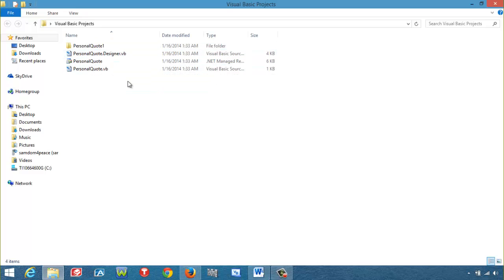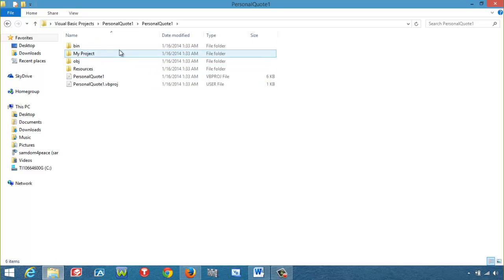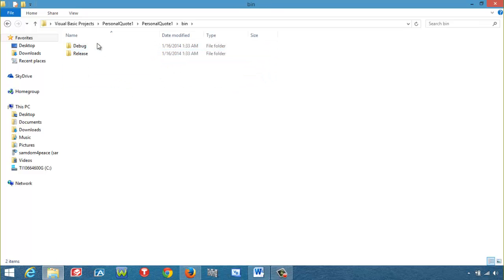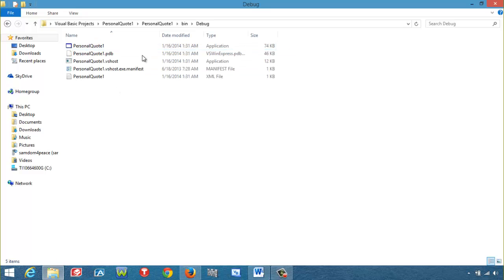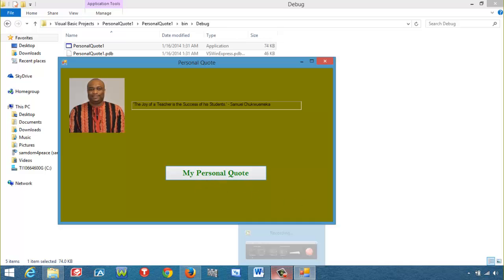if I want, assuming I don't want to see opening everything up, I just want to run the code. So under Personal Quote 1, I double click on it. If I want to open up the project, I'll click on this. If I do not, I still open this Personal Quote 1, and I go to the bin file. Then I go to the debug file. When I go to the debug file, this is all I need, Personal Quote 1 application. When I double click on it, it gives me this. And when I click on this, it tells me that right away. So this is the file that,